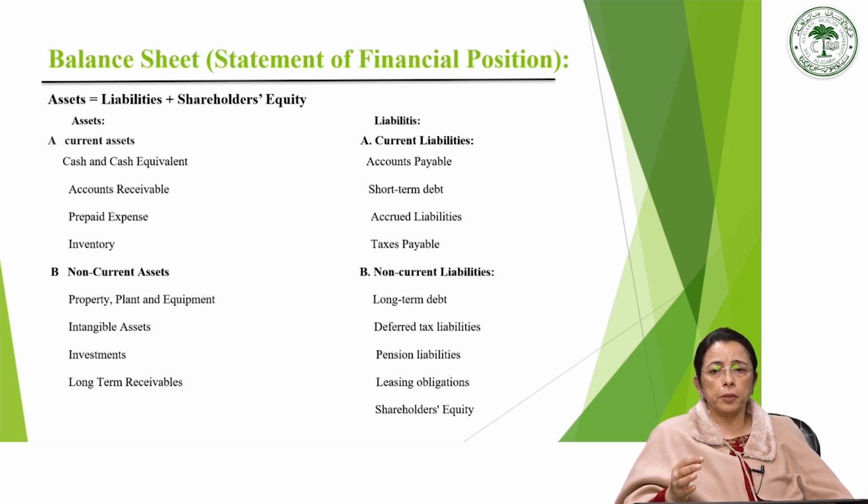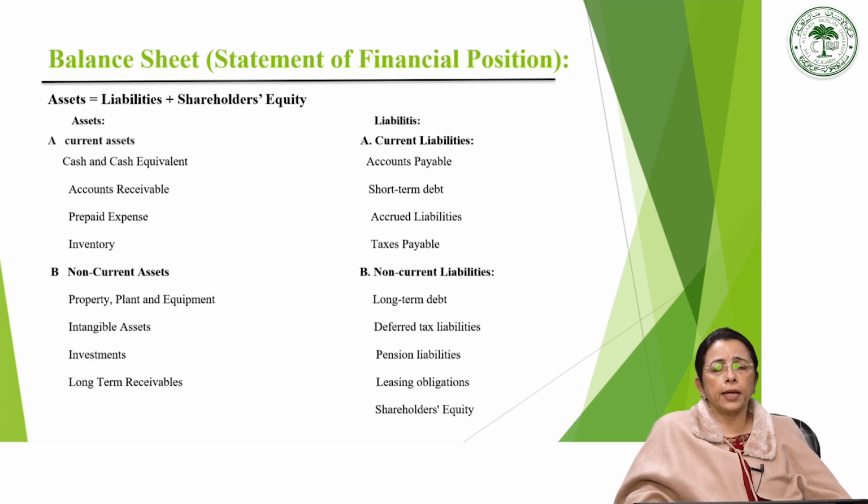So shareholders' equity: the shares, represented by common stock, are issued into the market. They may be issued at par, at a discount, or at a premium, depending upon the market value of the share. The amount is received, but this has to be paid back after a long duration of time. Some more items we have, for example, accrued gains or losses from earlier periods that haven't been paid out as dividends are known as retained earnings. That is also to be included.